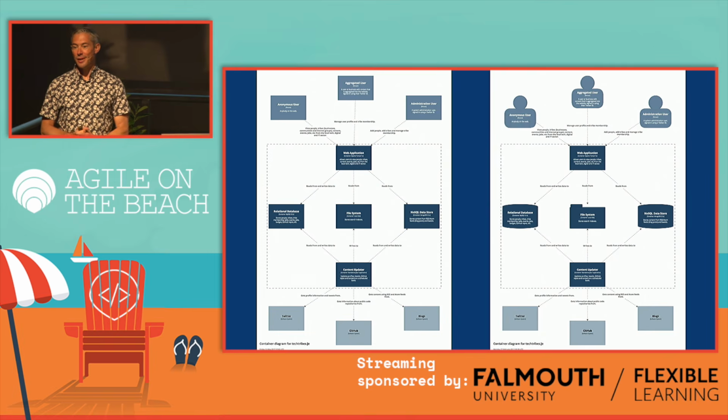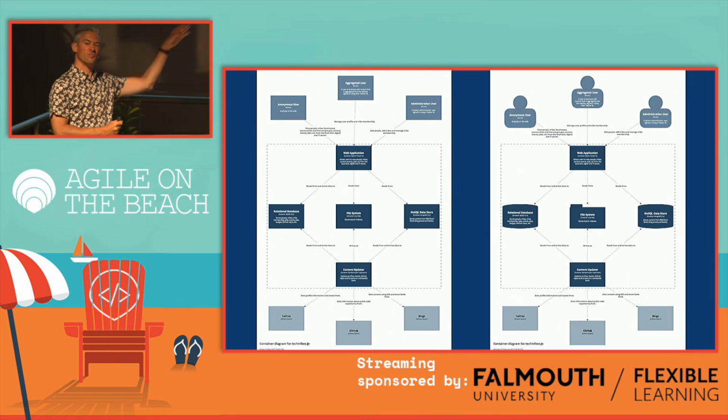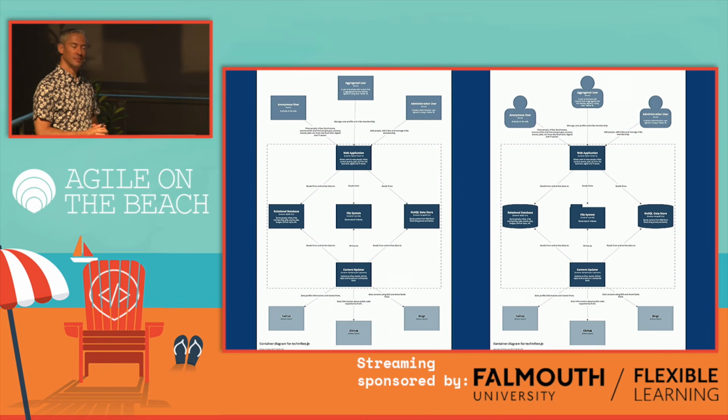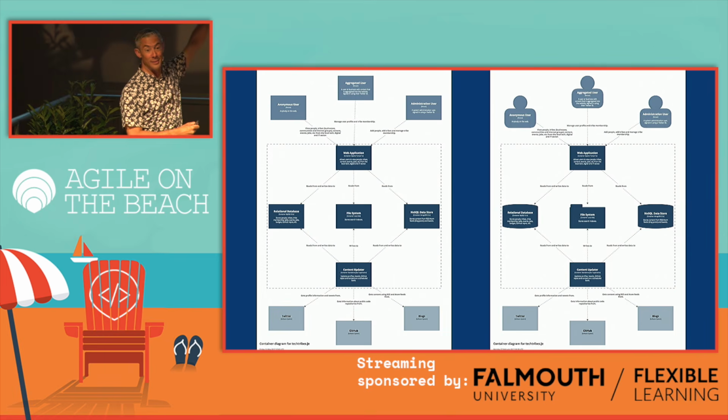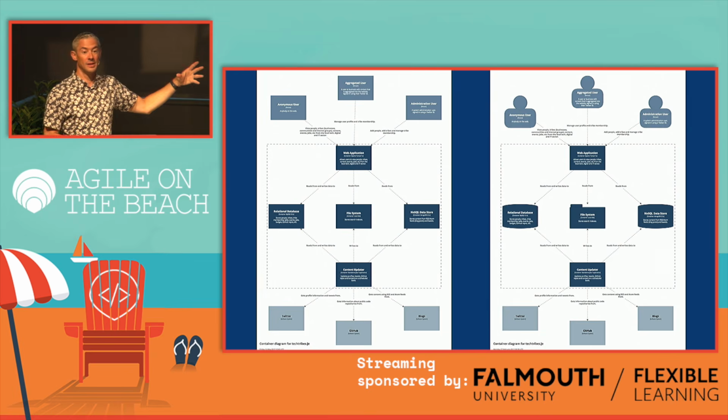Two versions of the same diagram. Which one do you tend to prefer? That one on the right? Yeah. It kind of looks nicer. It's a bit more aesthetically pleasing. Because you can't read the text, I can't read the text from here either, by the way. Because you can't read the text,